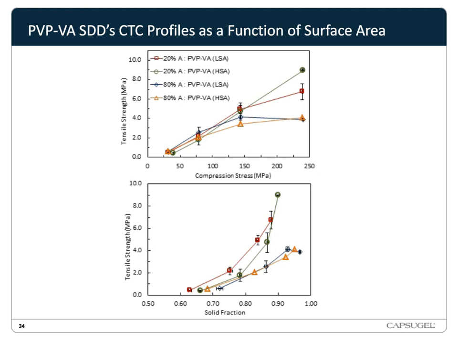When we see something like this during development, it allows us to look at other things to optimize, like powder flow. So if the low surface area SDDs have the same or acceptable dissolution as the high surface area SDDs, we would select them because generally the lower surface area SDDs have much better powder flow properties.